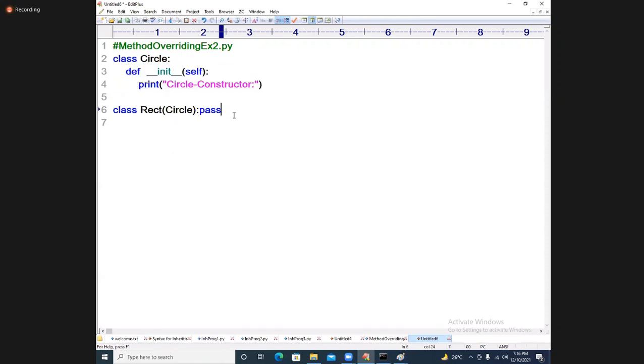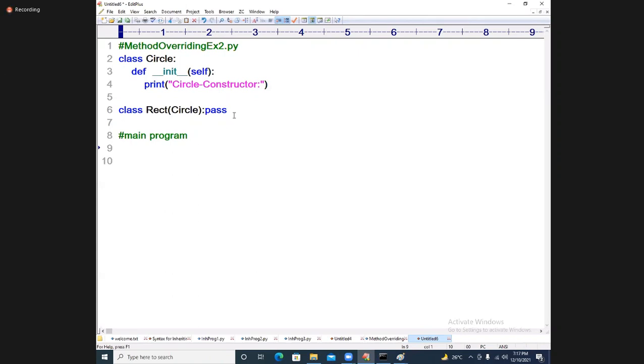Every constructor of Python participates in inheritance. Now create a main program. How do you create a main program? RO is equal to Rect of. In Java, it is not possible. Constructors will not be inherited in Java. But constructors will be inherited into where?